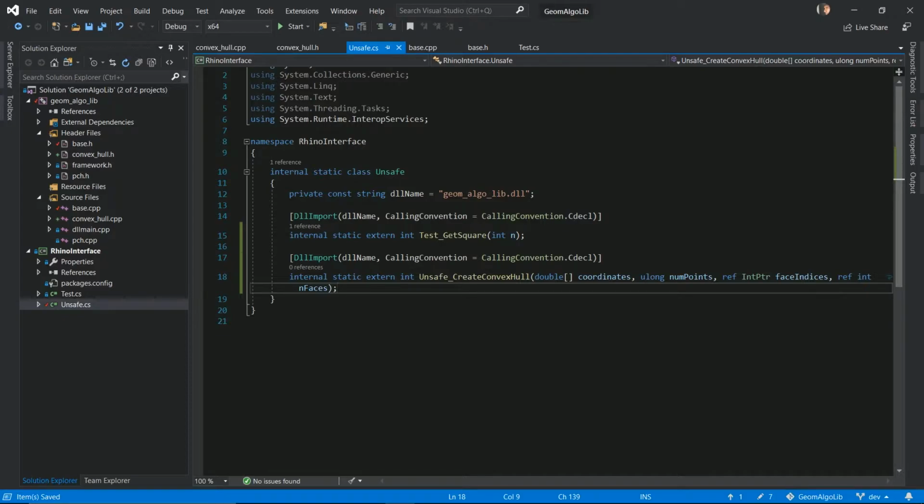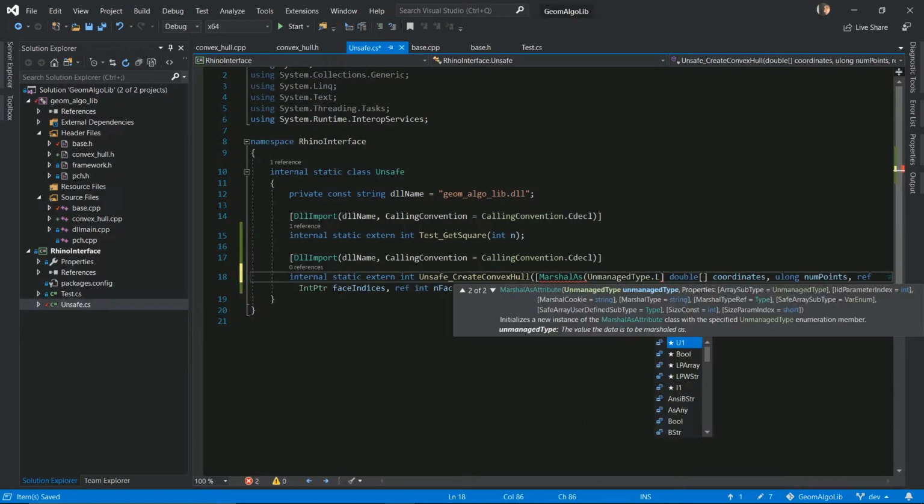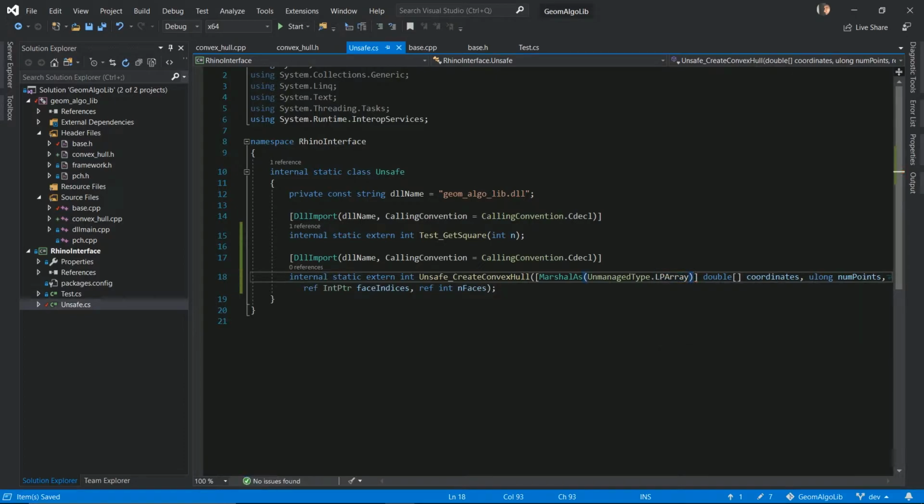So that's everything, but there's one small thing that we also need to do. The array that we're passing here, we're going to add an attribute to this parameter, Marshal as unmanaged type LP array. So this is going to tell C# how to transfer the data inside this array between the managed and